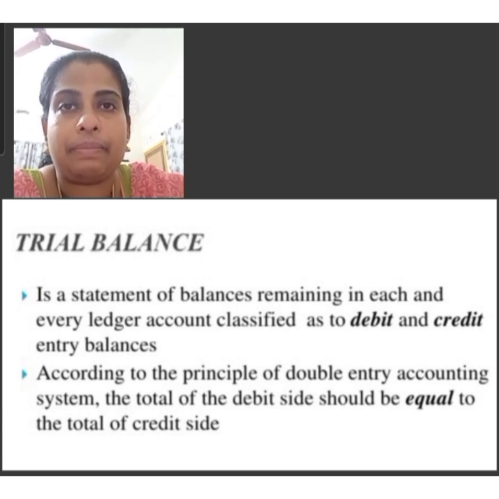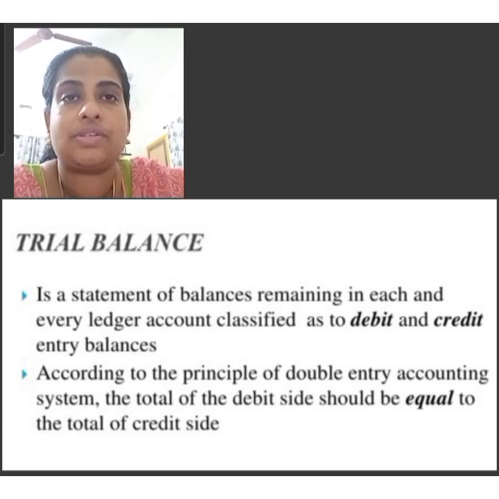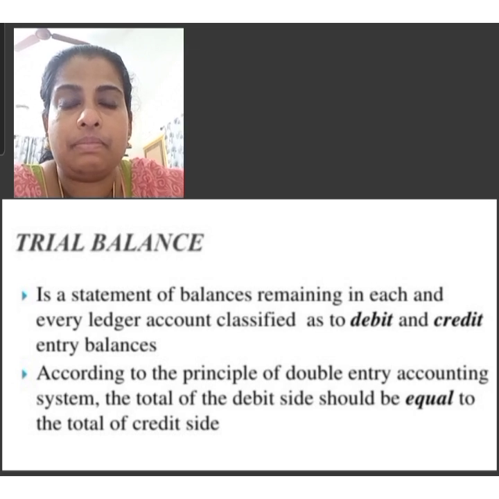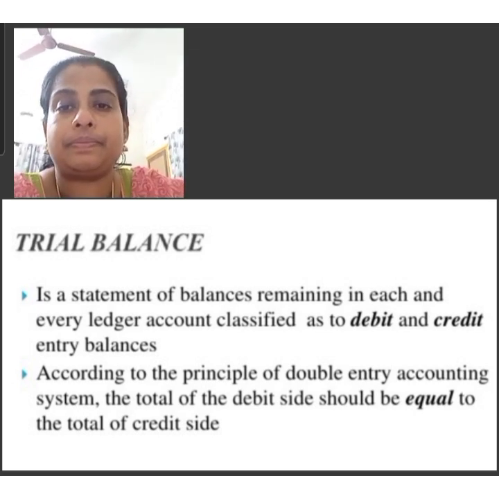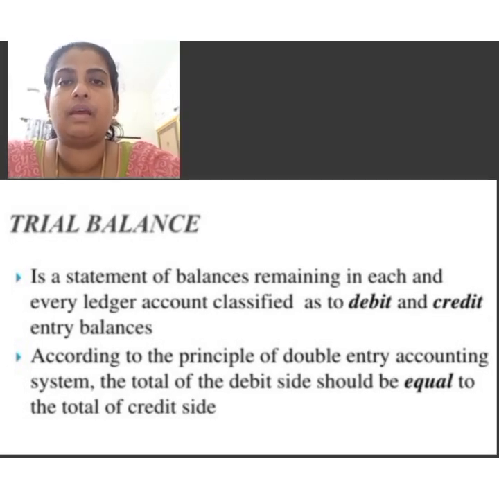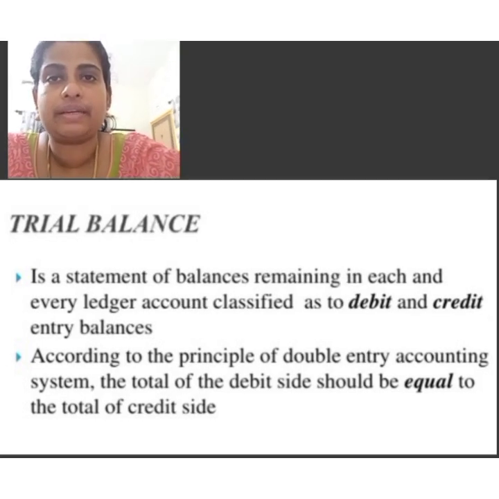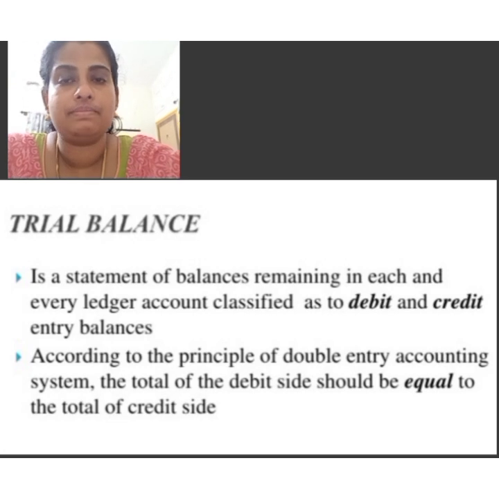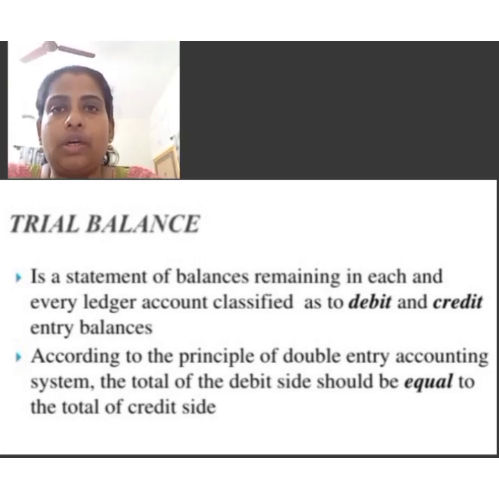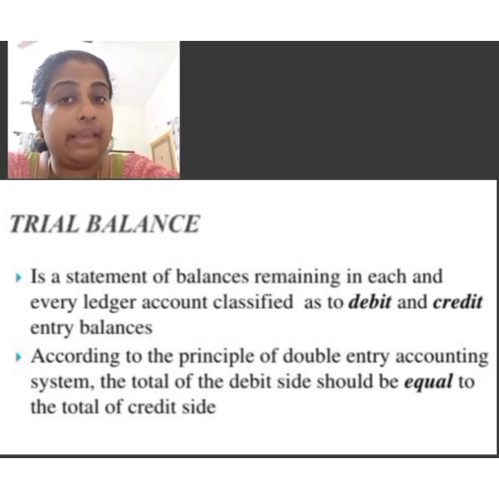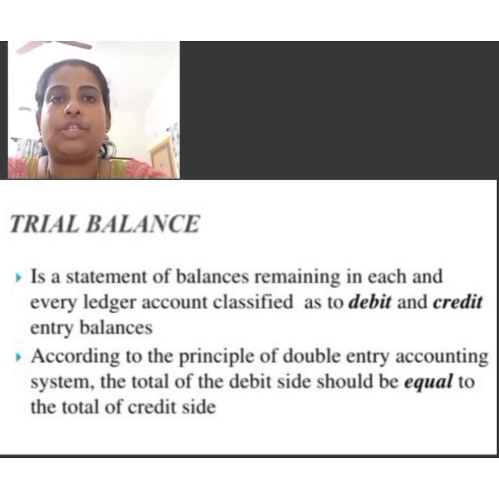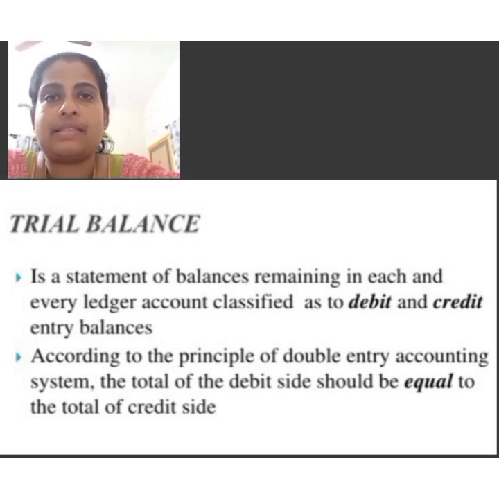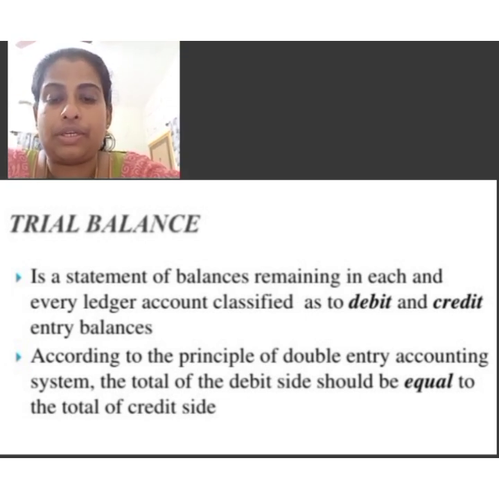Books of accounts are maintained according to the double entry system, where the debit balance has its corresponding credit balance. So the total of the debit and credit column of the amount column must tally. If the total of debit and credit column is equal, we assume our books of accounts to be arithmetically correct, but it should not be taken as the conclusive proof of arithmetical accuracy.